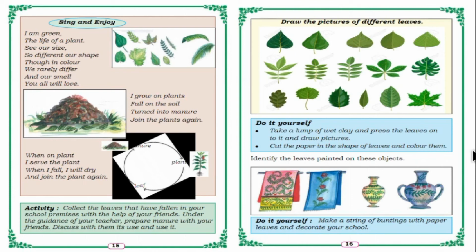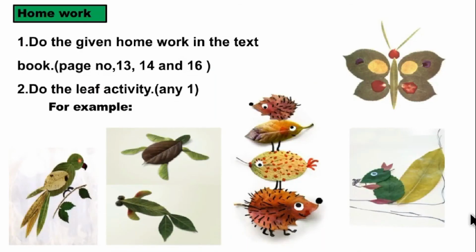And this one activity they have done. This one we can see on sari leaf art, and dupatta, vase, pot and all. Even you can also do the leaf art painting. So children, I hope you understood this lesson: creepers, climbers, shrubs, herbs, and all the types of plants and activities, and even you have to do it in your textbook.